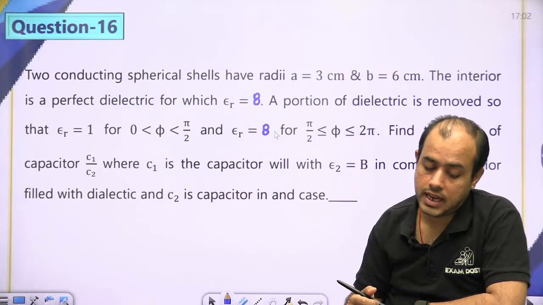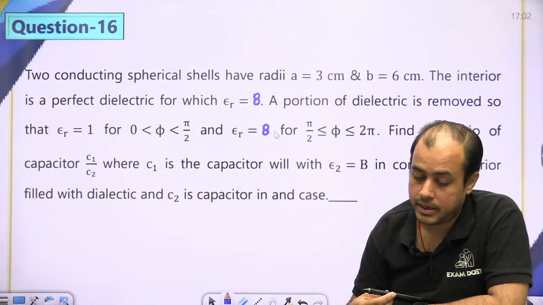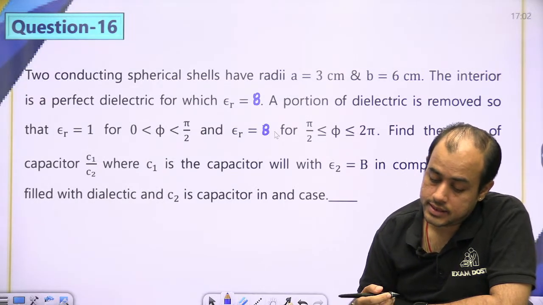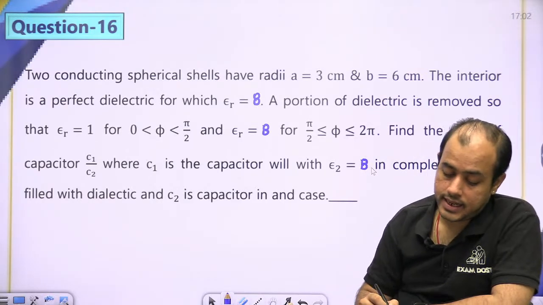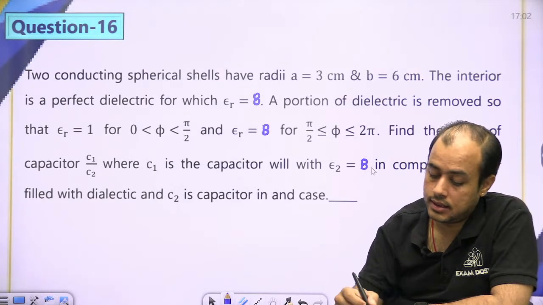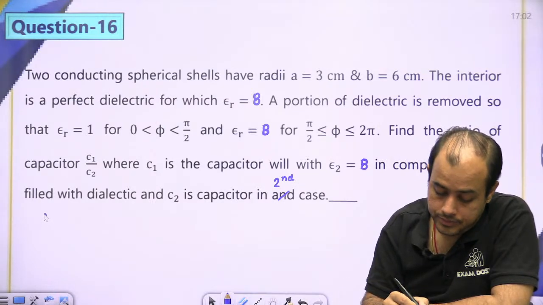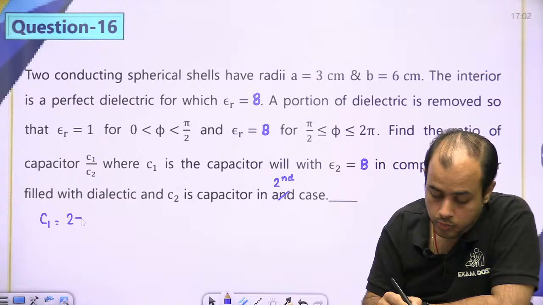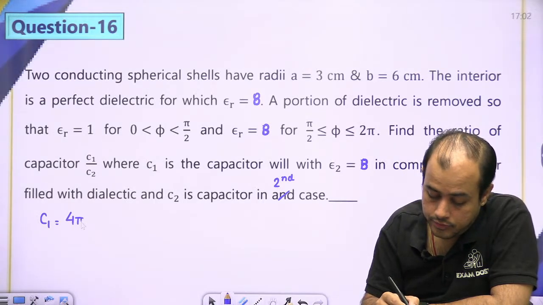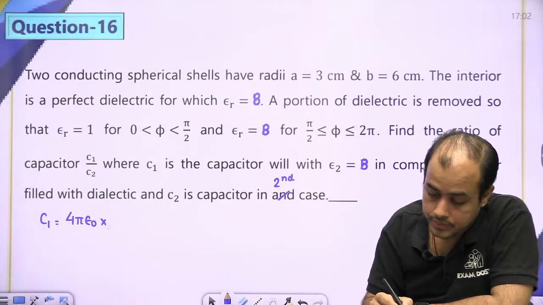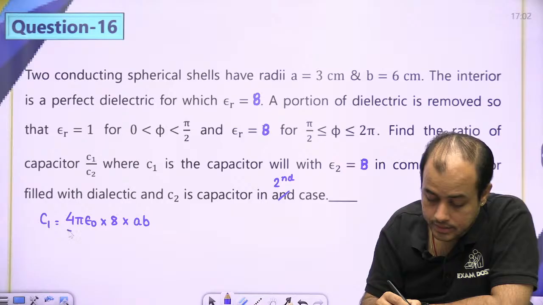A portion of the dielectric is removed. Epsilon r is 1 for 0 to pi by 2, and pi by 2 to 2 pi. C1 and C2: C1 is the capacitance with the complete dielectric as 8, and C2 is the capacitance in the second case. So C1 will be 4 pi, since it is a spherical shell, 4 pi epsilon naught into 8 into AB by